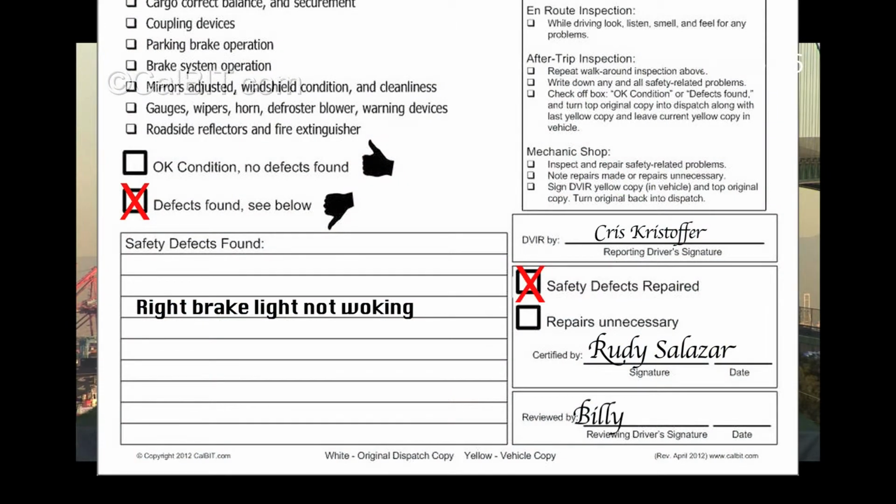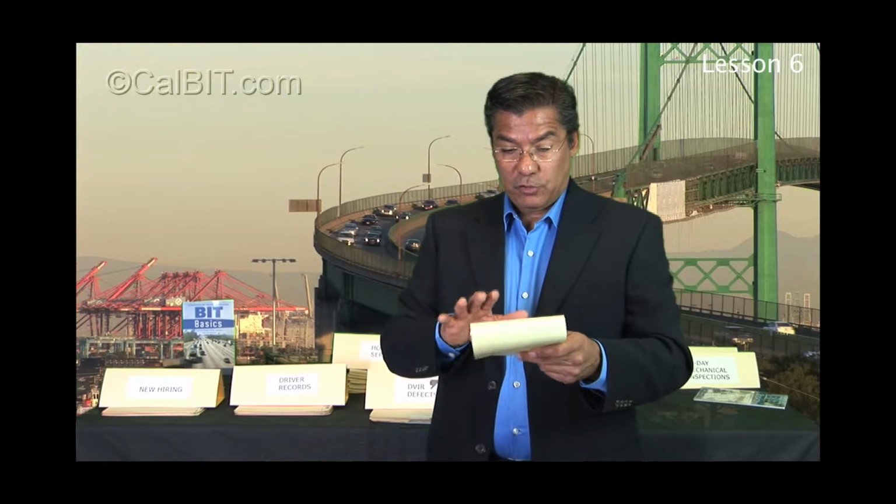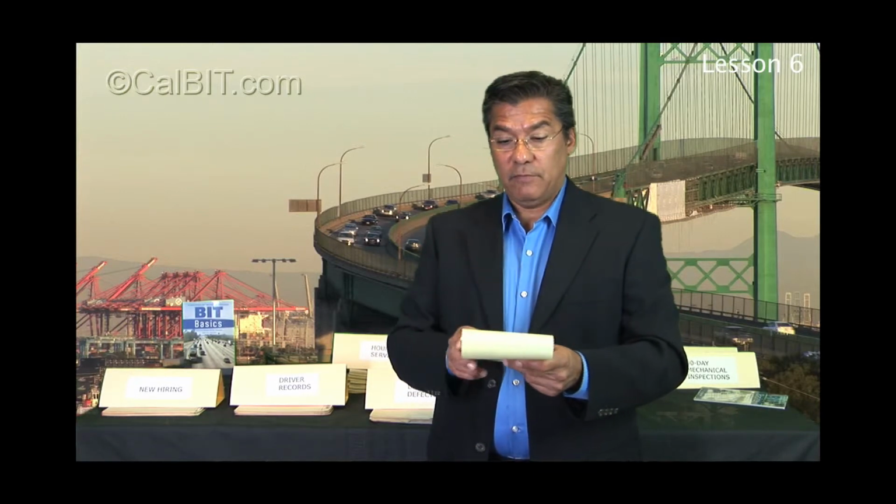So then the driver sees everything's repaired, and then comes back and signs his signature. Either there are deficiencies or there are not. So that's really it. The hard part here, and let me tell you, I've been in the maintenance game since the 80s, and one of the hardest parts is getting the mechanic or the authorized person to take the original back to the DVIR, put it on top of the carbon, and sign it off. But that's what you have to do to assure that your DVIR program is running efficiently. So you want to make sure that all the signatures are correct before drivers leave,